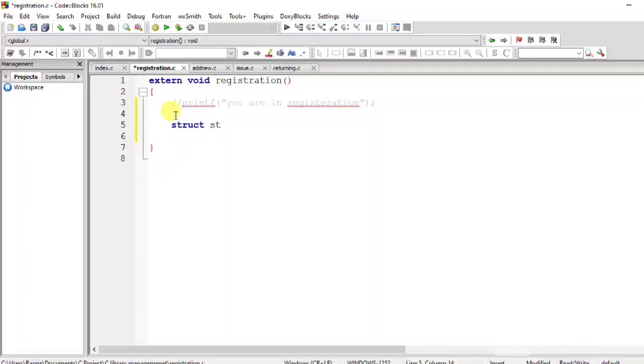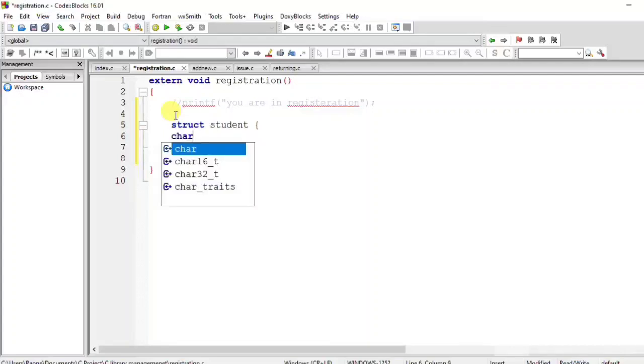Like we are creating a data type and put their name like student. From here we are successfully creating a structure data type,